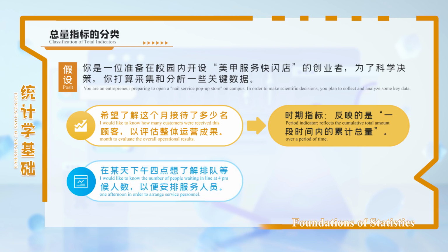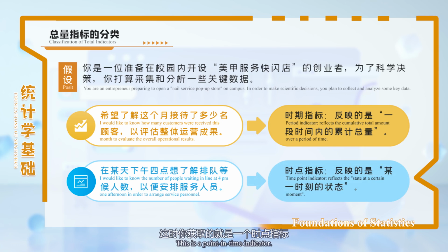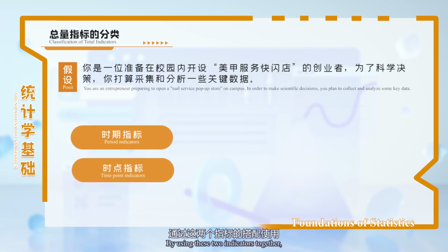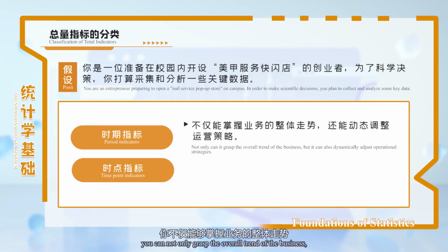On the other hand, at 4 o'clock in the afternoon of a certain day, you want to know the number of people waiting in line to arrange service staff. This is a point in time indicator because it reflects the state at a certain moment. By using these two indicators together, you can not only grasp the overall trend of the business, but also adjust